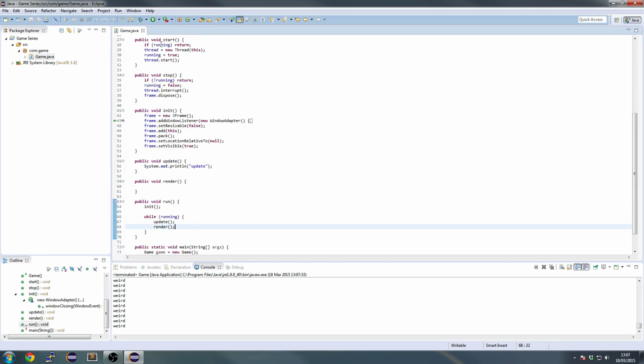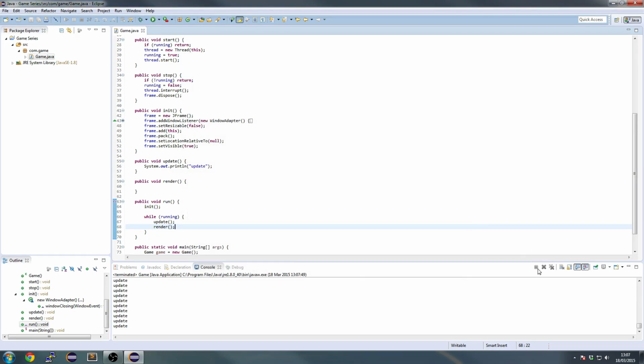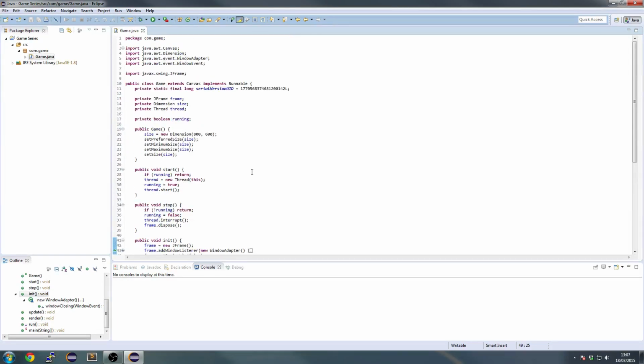And then if we run this, it should be printing update, and then we can close this, and you get the idea. Cool. So that works. We've got like 5 minutes. That's fine. So a few things we're going to do here is we're going to add volatile here,